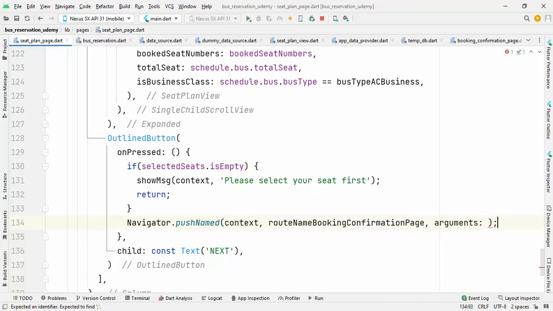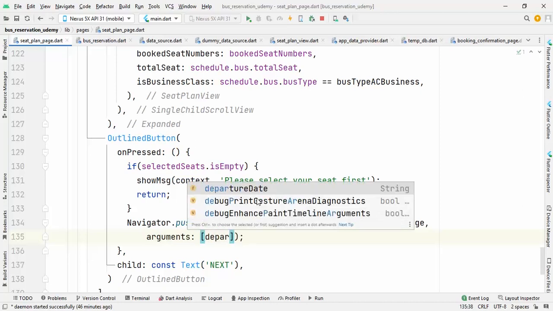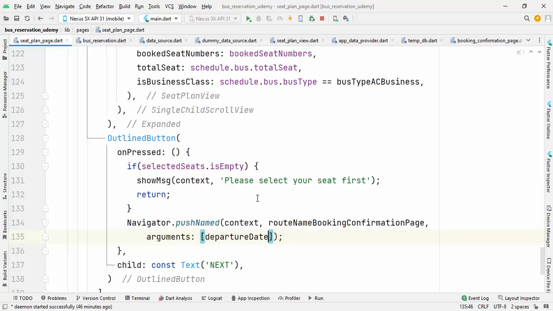So I want to have this argument in the next line so that it's clearly visible, and we need to pass few arguments. We need to pass the departure date. So at the 0 index, we are passing the departure date. At the number 1 index, we will have the schedule object, and we will also take the